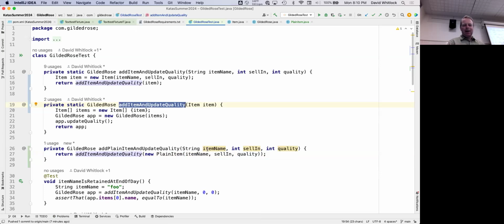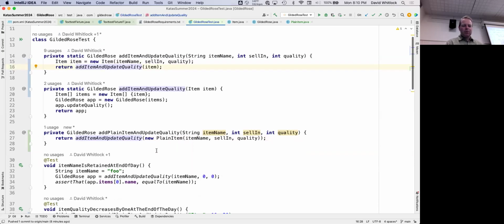But instead, I want this convenient method that just adds a plain item with information. It creates a new plain item and then calls the same add item, the same way this one creates an item and calls add item and update quality.